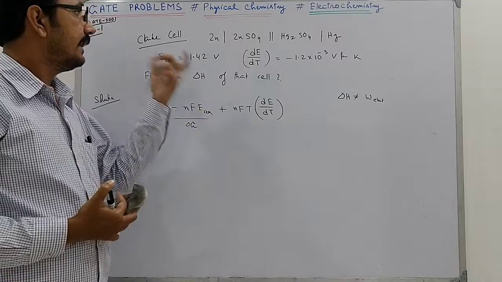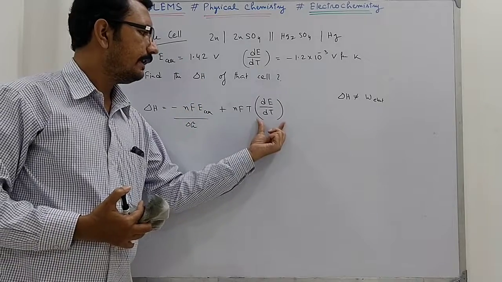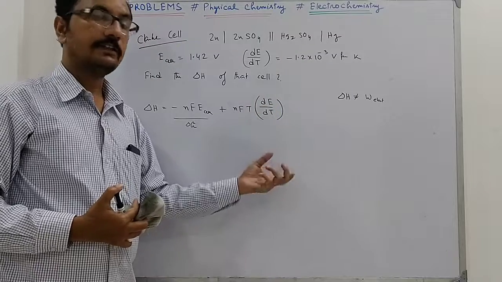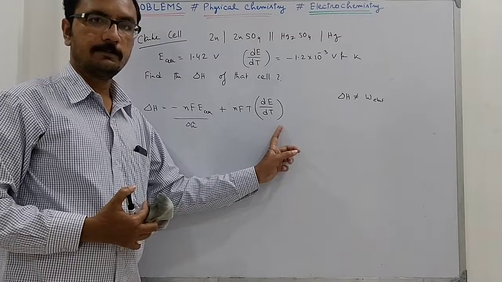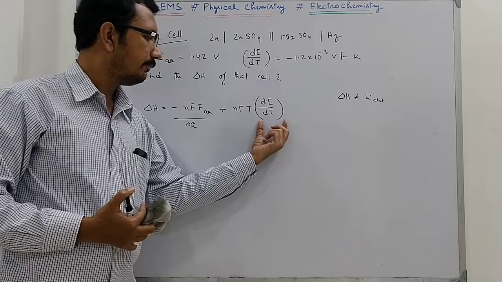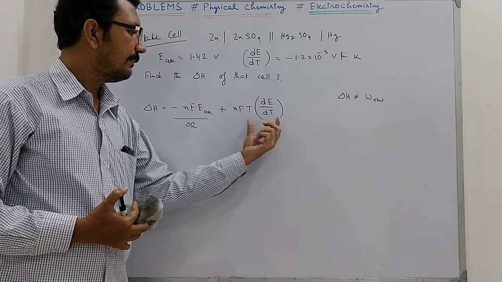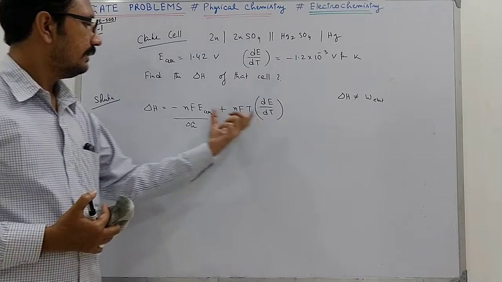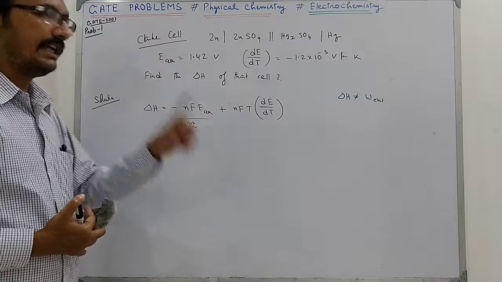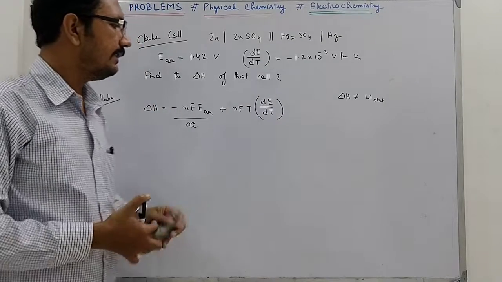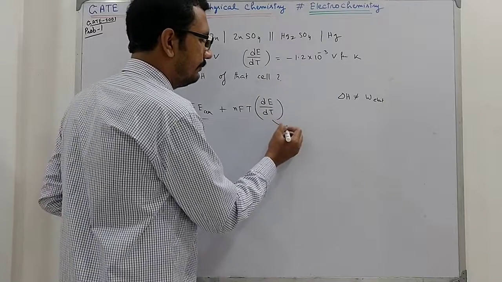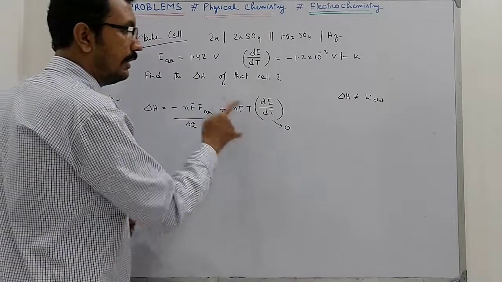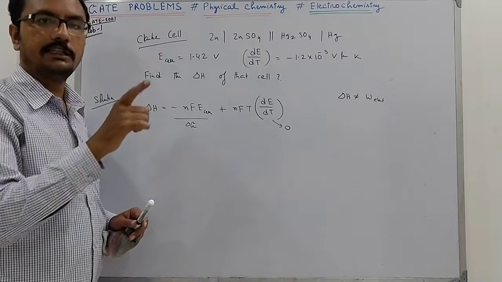But in some galvanic cells, this has a very low value. For example, in Weston cell, in Daniell cell, we will have a very low value here. So if we have a very low value here, what we will get? We will have a little impact of this second term on this del H. So in that case, when this dE by dT tends to 0, then only the enthalpy change will equal the electrical work. But that is not generically equal.